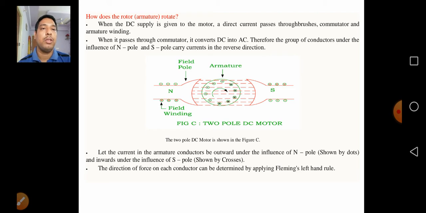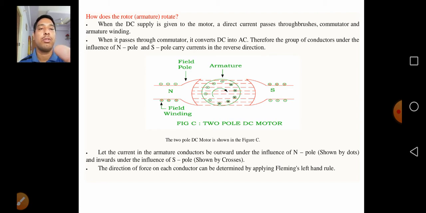So this armature is a rotating part which is in between. There is an armature we are going to make, and here we are going to place the armature conductors. When we give the supply input to the DC motor, definitely that is a current carrying conductor placed in a magnetic field. It experiences a force on this conductor and it tries to rotate the rotor here. Basically the magnetic field is produced by the north and south poles.